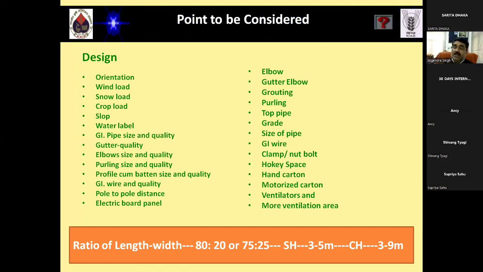Nowadays, every design is nearby a square or triangular type, so length and width are nearly equal. That design will have some area with a negative role to play. So this is my experience: if you have new construction in your field, you can maintain the length and width at a 75-25 ratio or 80-20. So these are my suggestions.